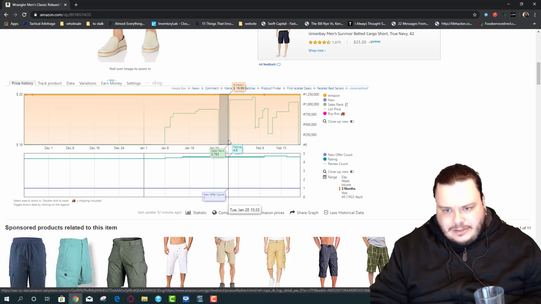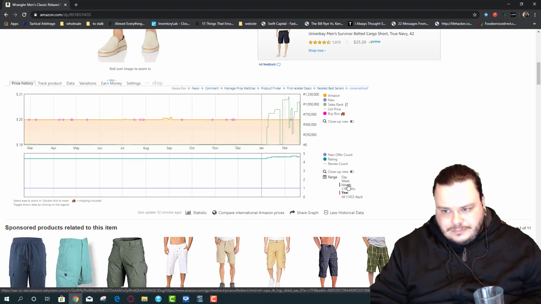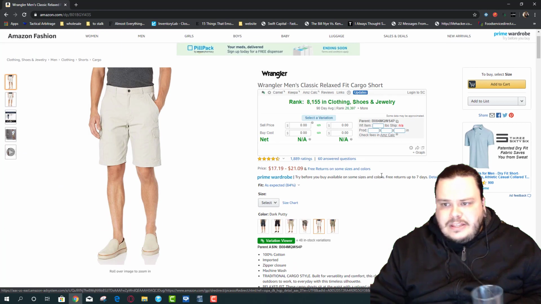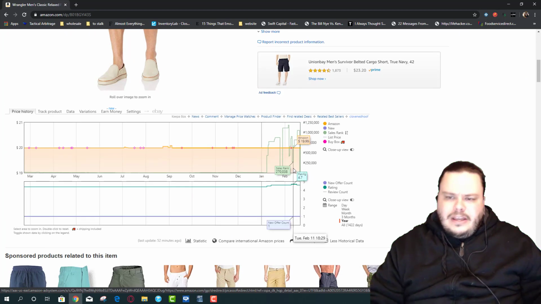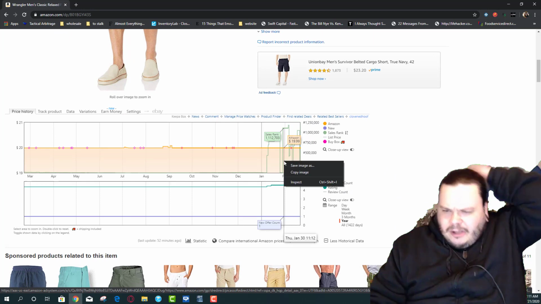What happened here? Did this go back? I don't know. It's kind of hard to tell. This got orphaned of some sort. This is like weirdness with KEEPA, and I don't know exactly what's going on with it.